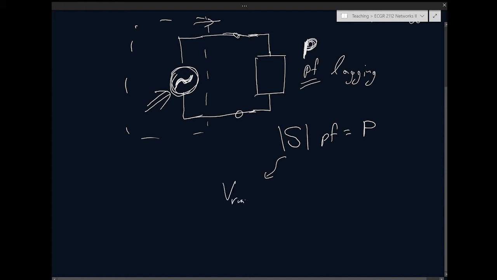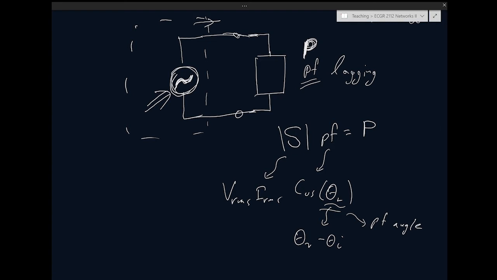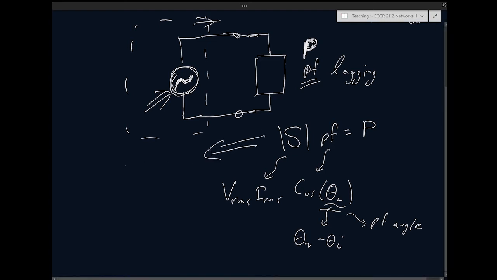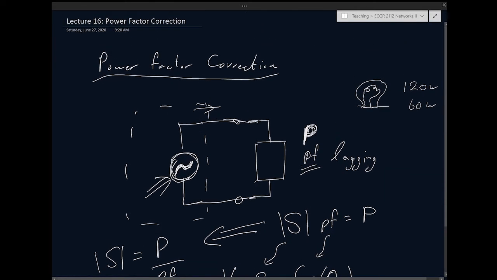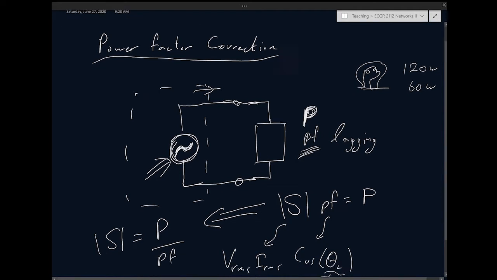Apparent power is just Vrms Irms. Power factor is just cosine theta L, where theta L is theta V minus theta I. Okay? The theta L is what's called the power factor angle. Right? And we derived all those equations in previous lectures. So using this, I can say that the apparent power is just the average power over the power factor. This is the idea, and